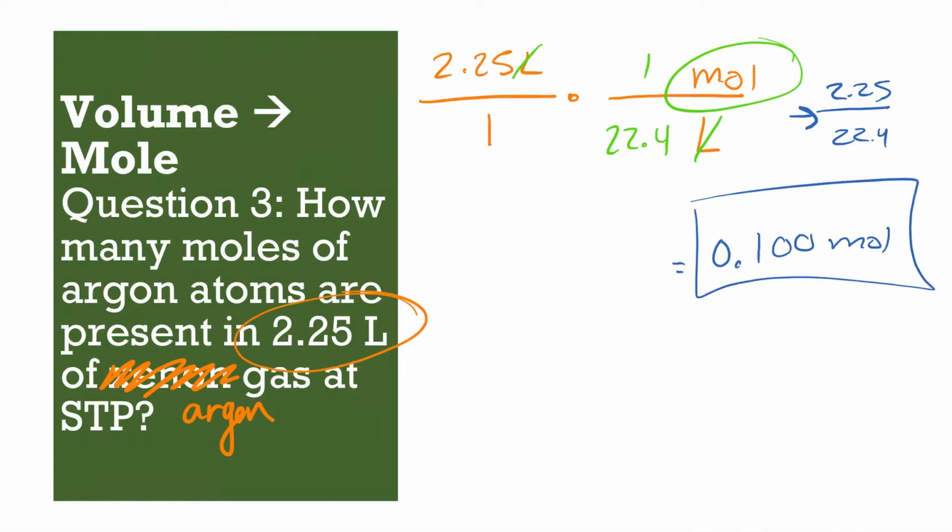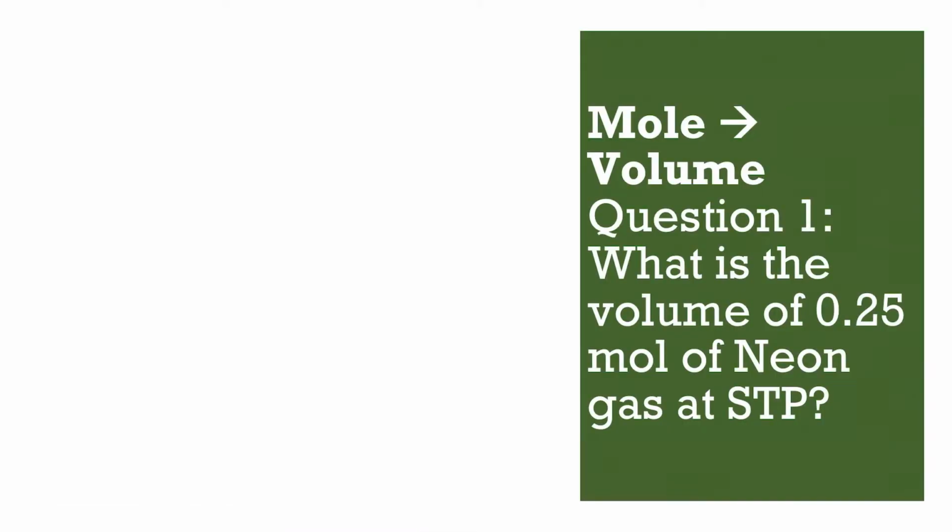So that's it for the volume to mole conversions. Let's just wrap it up going the opposite way. So here we're going to give you moles and we're going to ask for volume. So number 1 says, what is the volume of 0.25 moles of neon gas at STP? All we care about is the 0.25